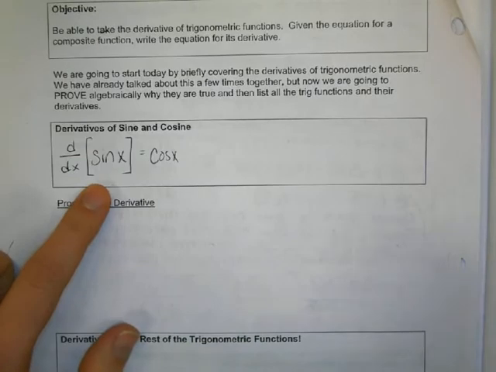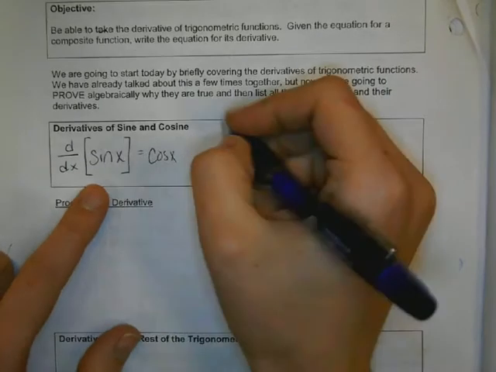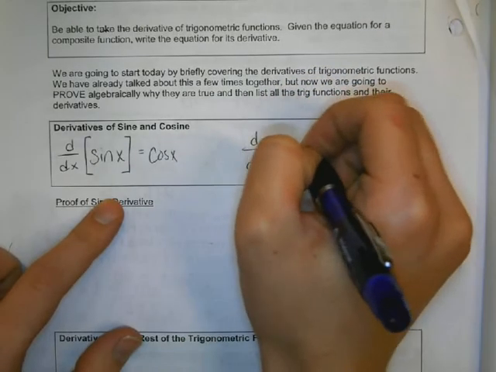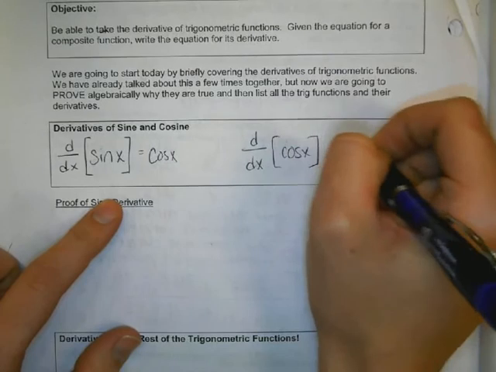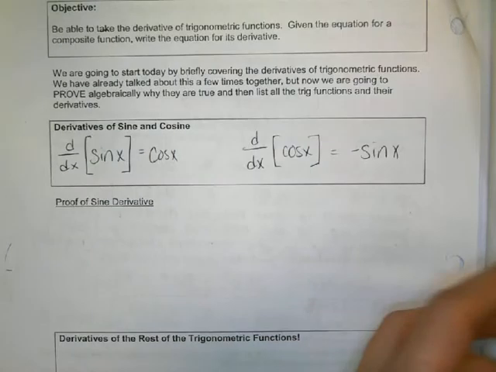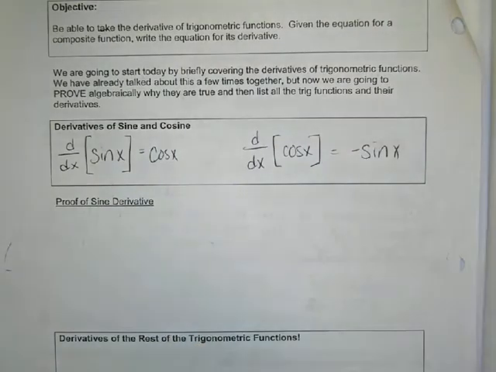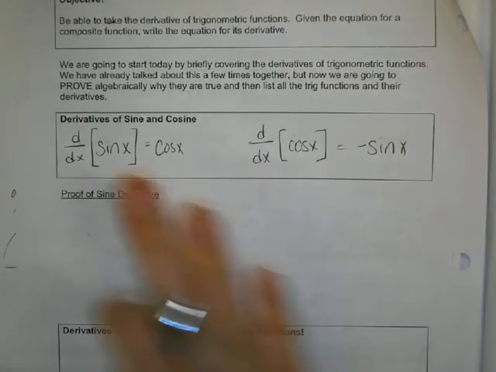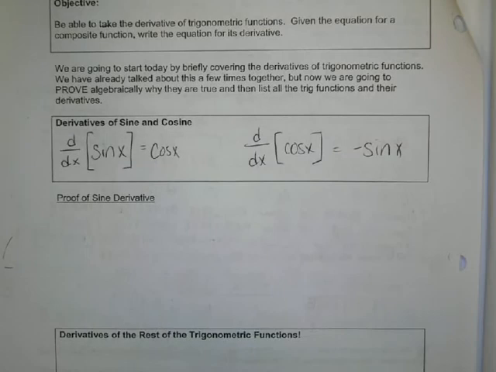Alright? And the derivative of cosine is negative sine. Okay, so unfortunately it's not like a straight flip-flop, but it's pretty close. Derivative of sine is cosine, derivative of cosine is negative sine. We get into the other functions down here, but first, before we do that,